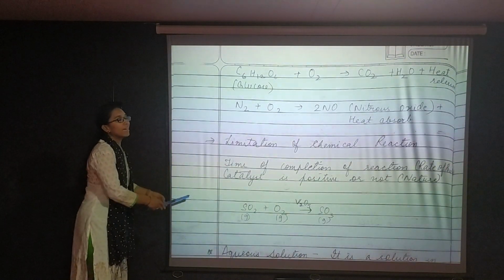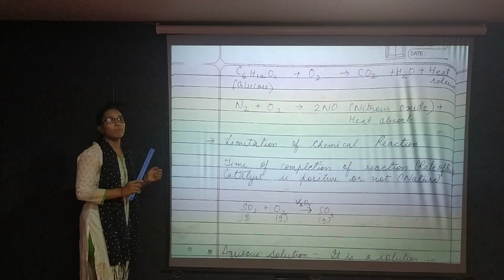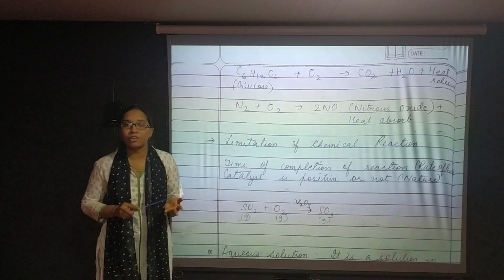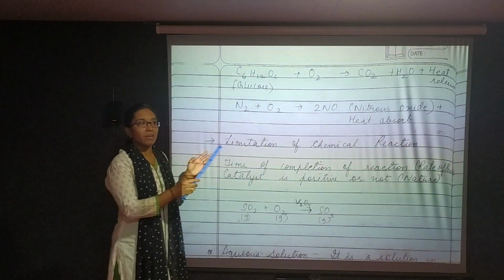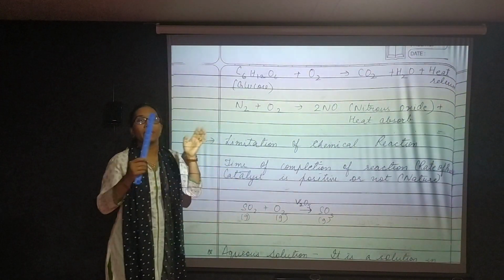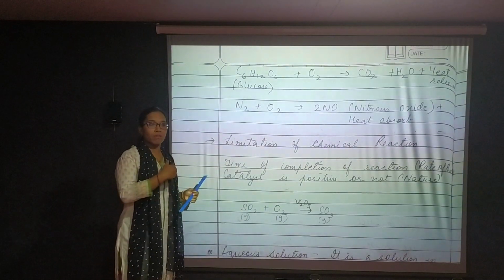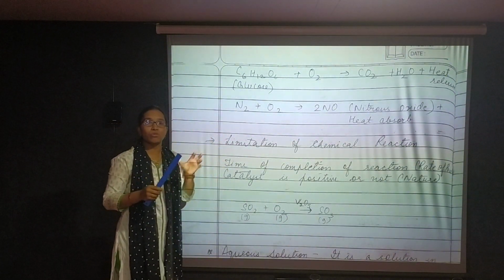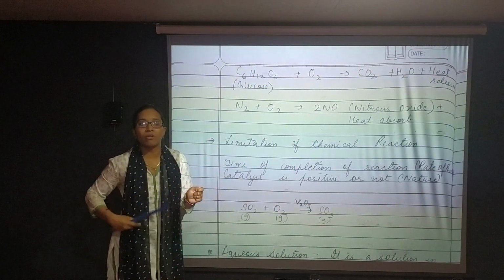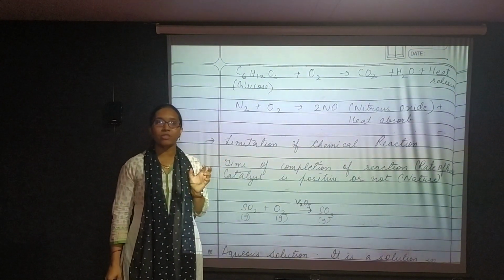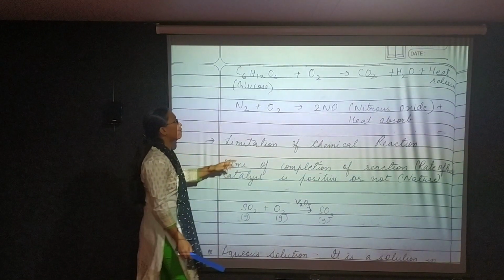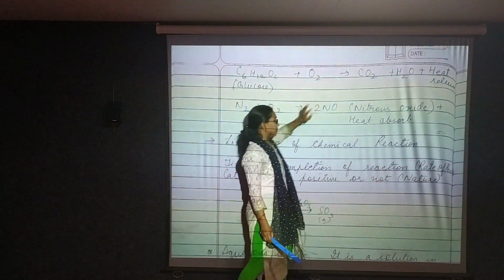We have already learned that these are all the chemical reactions. For chemical reactions to be complete, it should be balanced, the state of matter should be written, the reactant should be on one side, the product should be on the other side. Between the reactant and the product we will get, instead of the equal to sign, as we used to write. When you are representing any of the word equations into a symbolic form, you are putting the equal to sign. So instead of equal to, we have to put this arrow.